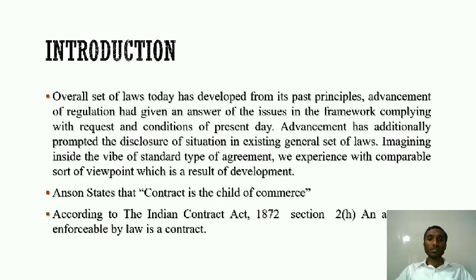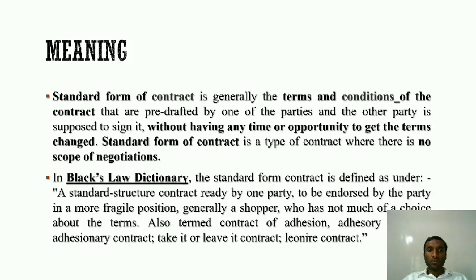So Anson states that the contract is a child of commerce. According to the Indian Contract Act 1872, Section 2(h) says that an agreement which is enforceable by law is a contract. Moving further, the meaning of standard form of contract is generally the terms and conditions of the contract